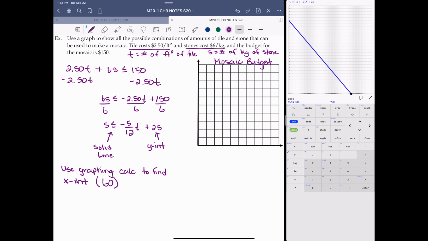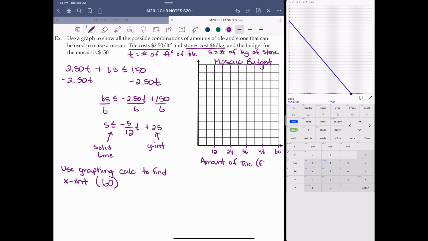So if I look, 1, 2, 3, 4, 5, 6, 7, 8, 9, I have 10 spots, so we're going to count by 6s. I'm going to skip and go to 12, 24, 36, 48, and 60. And that is amount of tile